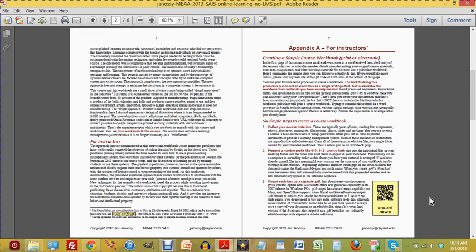By putting the entire contents of the course in the workbook, with all the video and web resources accessed by way of QR codes or these little symbols, it's much more convenient for students, it's much more economical, and it also reduces cognitive load. That is, the complexity associated with simply getting to information as opposed to the information itself and learning from it. That's a very big number for me.